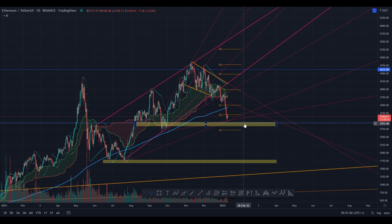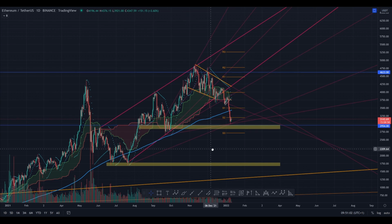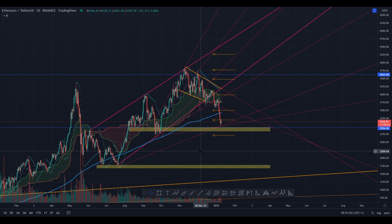Well, a long way from here to here, almost 50%. I really don't think that Ethereum will get this low. Why? Because people will try to get into Ethereum as much as possible before Ethereum 2.0, where we have a lot of promises. And believe me, guys, the team that is managing Ethereum is delivering on their promises sooner or later. The implementation of an EIP takes a lot of time,